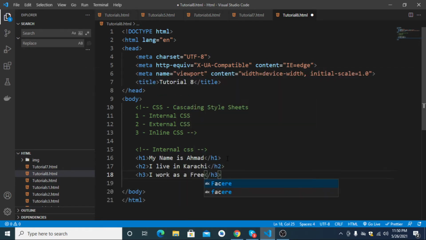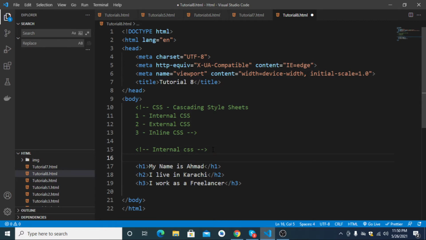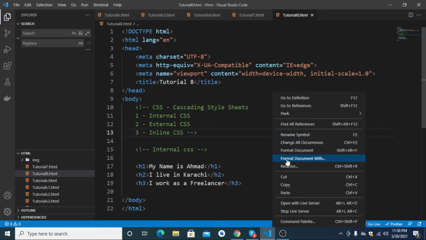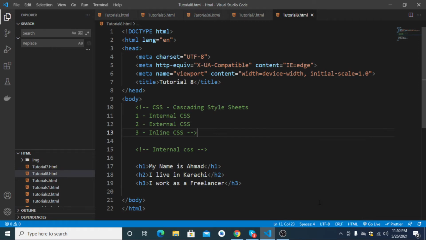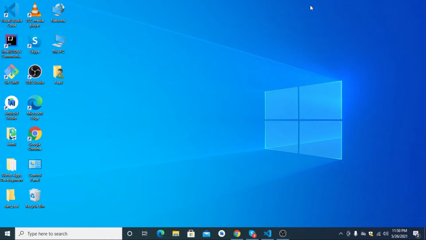Okay, so what we have done here, I have taken three headings over here, H1, H2 and H3 of different sizes. I am saving this file and now I will open it with live server, which will open this file for me in Microsoft Edge, but I want to open this file in Google Chrome because in every tutorial I have told you that I am feeling comfortable with Google Chrome.